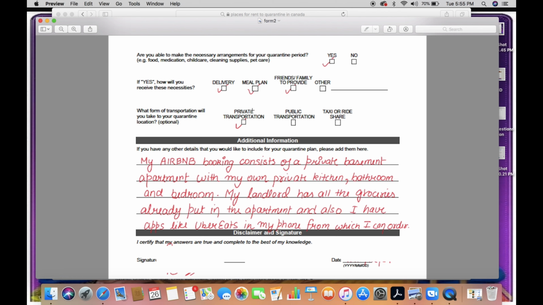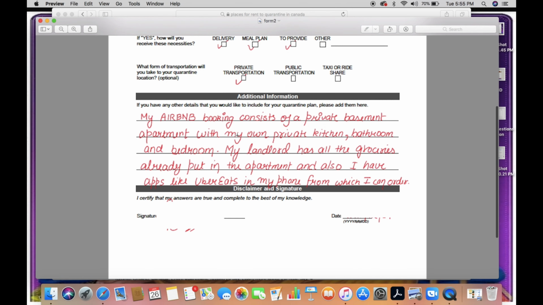My recommendation here would be, please book a private transportation before you arrive in Canada. Book it already from India, because once you arrive in Canada, there will be so much hassle and everything. It'll be so confusing. So it'll be really easy and convenient for you if you already go ahead and book it from India.